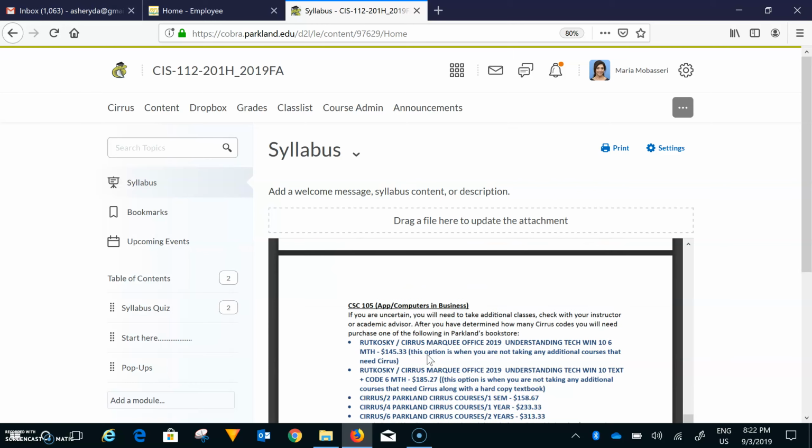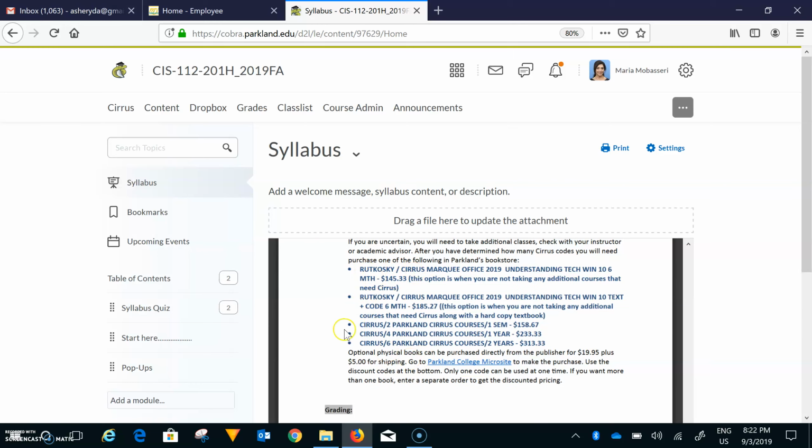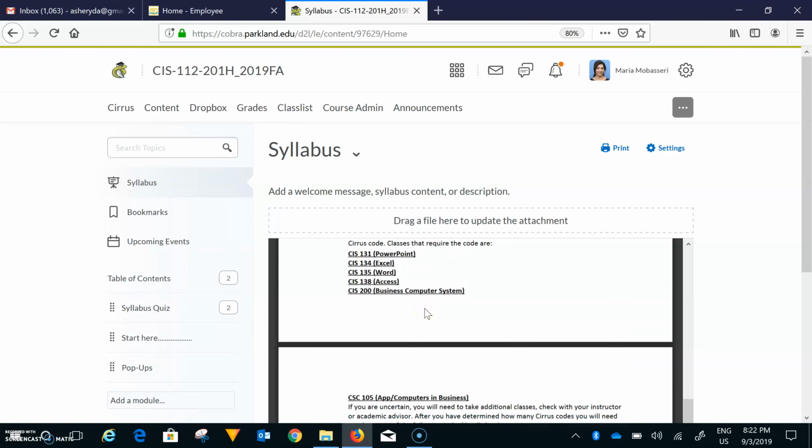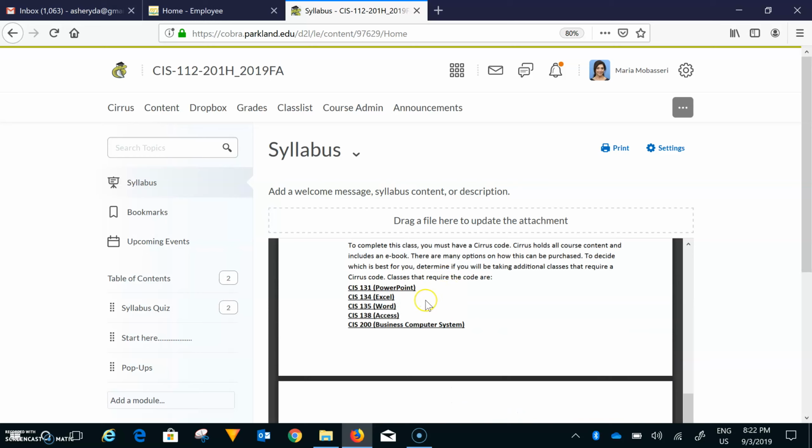To decide which one of these 5 bundles you need to buy, first you have to ask yourself a question. And that question is, am I taking just this class, or am I going to be taking any of these other classes? If the answer is that the only class that you're going to be taking that's going to be dealing with CIRRUS is CIS 112, and you don't plan on taking any of these other classes, because these other classes also have CIRRUS as their learning management system, meaning the assignments are on CIRRUS.